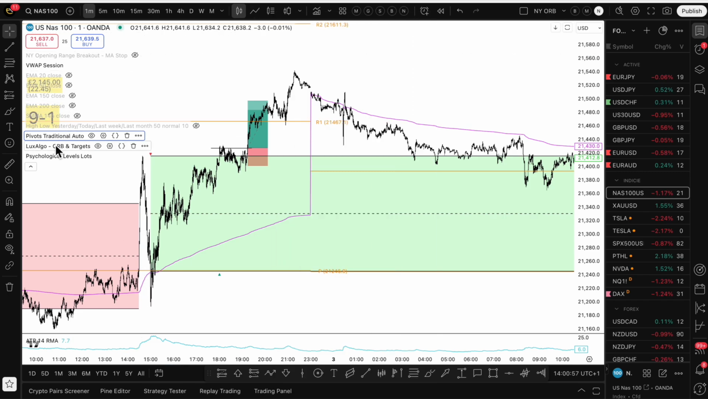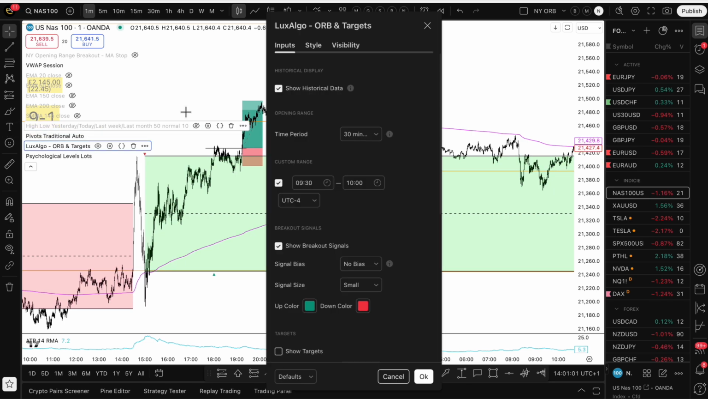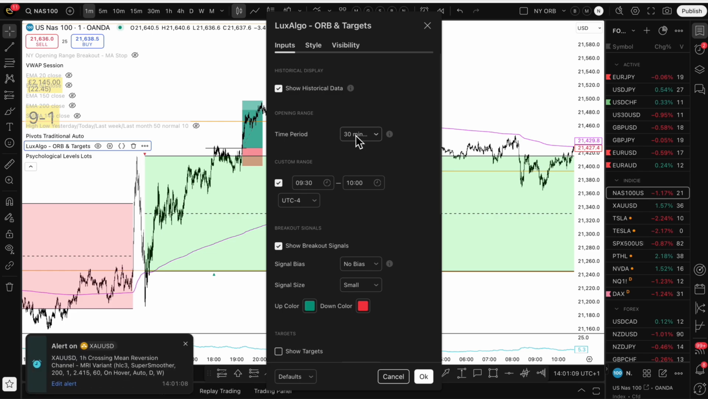The next one is by LuxAlgo. I'll open this, and here are the settings. It's basically the open range breakout, the New York open range breakout. Sorry, we have got another alert. So the open range breakout,